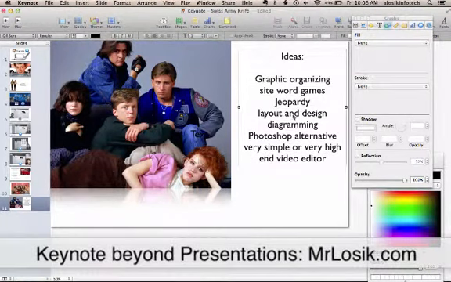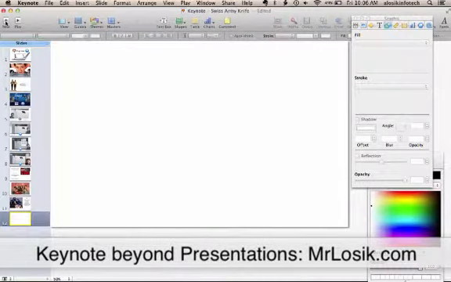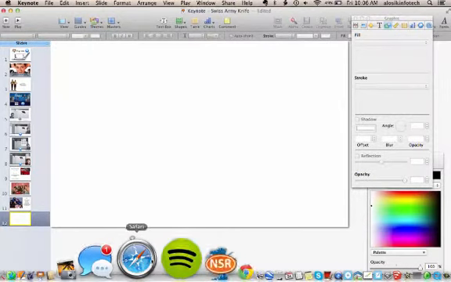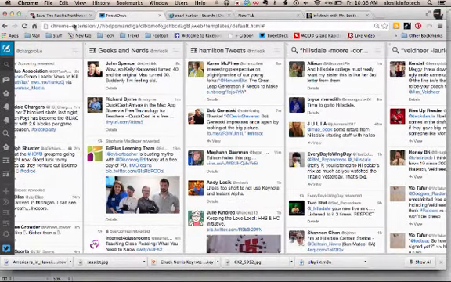So we talked a little bit about layout and design. Let's go to the diagramming. So what I'm going to do is go up here to plus and create a new slide. Basically, I'm working with a piece of paper here, and something I've done for my kids is that